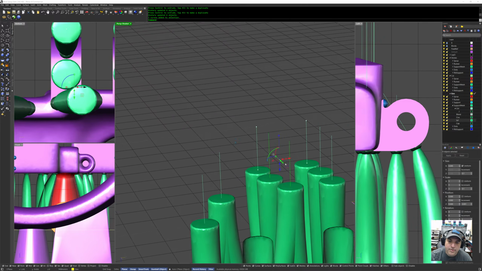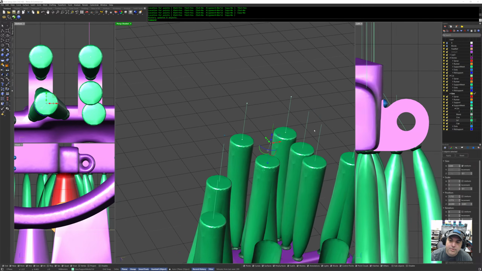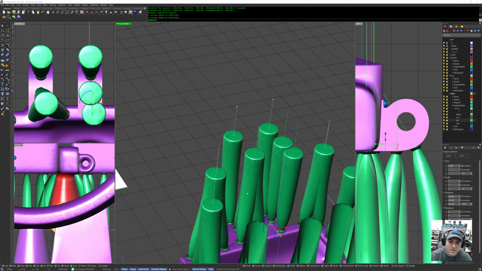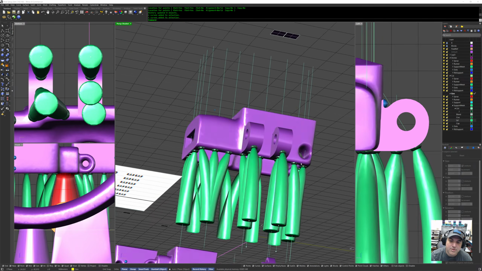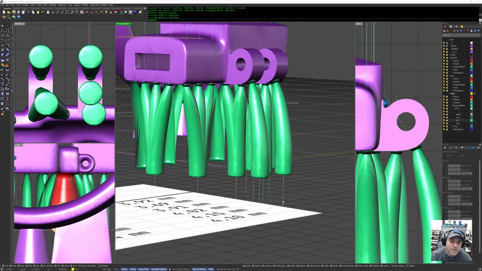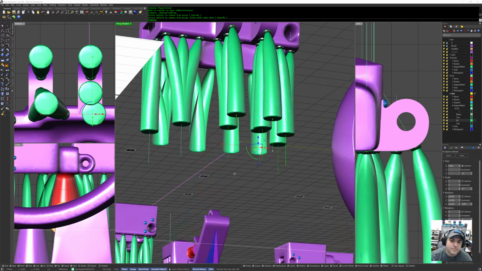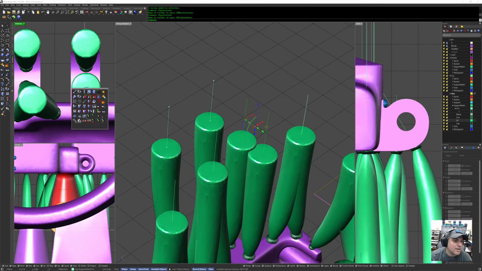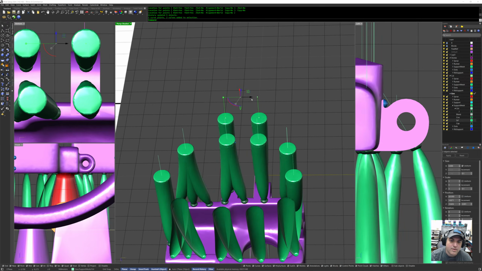And then we can group these bases. Let's see, set X, Y to there. We can group these bases. Why is it grabbing something up there? Is that in a group that shouldn't be in a group? I think so. All right, set X, Y to there. And we can